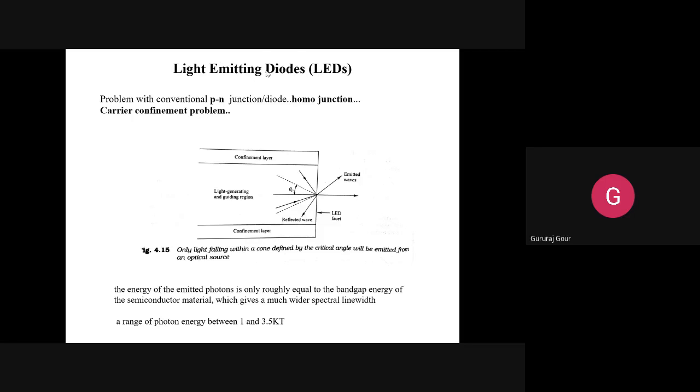This is a very important thing. That's why it is becoming coherent. And this condition will also become a limitation for the low power or the efficiency of the LED. Of course, it is more coherent because of this condition, because only those rays which are falling within the cone made by the critical angle are allowed to emit, responsible for the coherency of the LED, but with a limited quantum efficiency or the power.